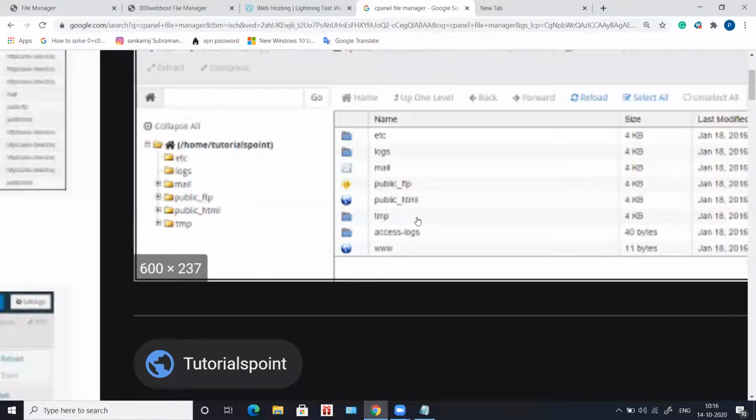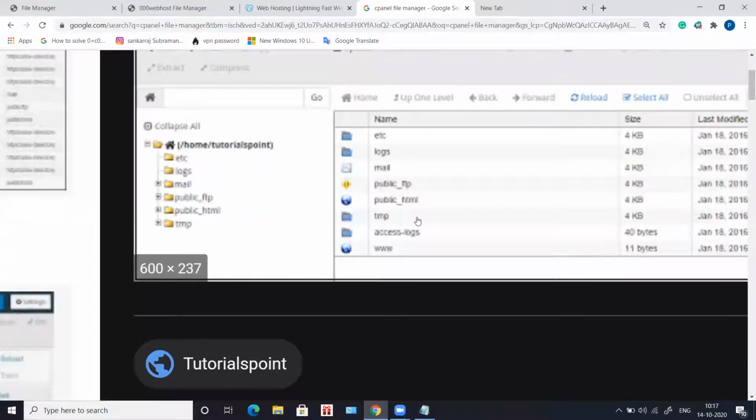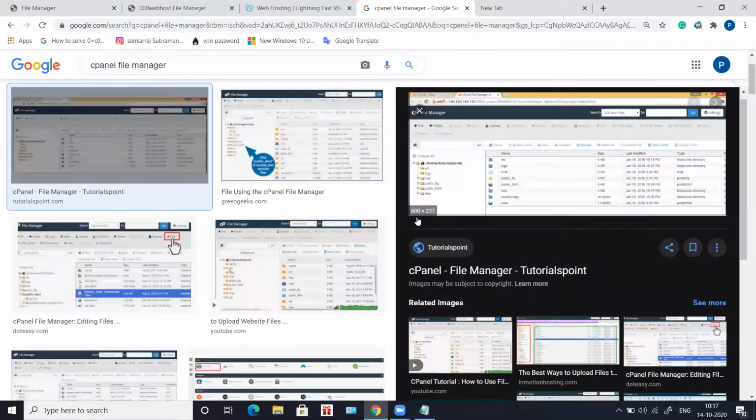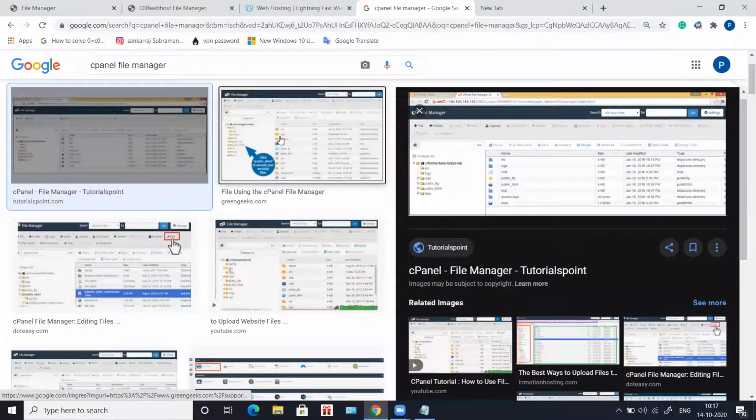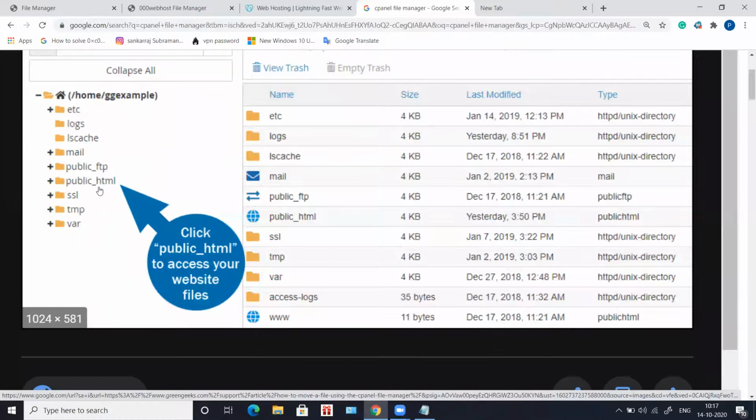If you want to host, obviously you need a domain name and you need a server. And on that server, inside File Manager, this is how you will host it. Apart from that, you have many other options also. About your robots.txt, again, the public underscore HTML is the root directory, so you will have to upload your robots.txt here only.